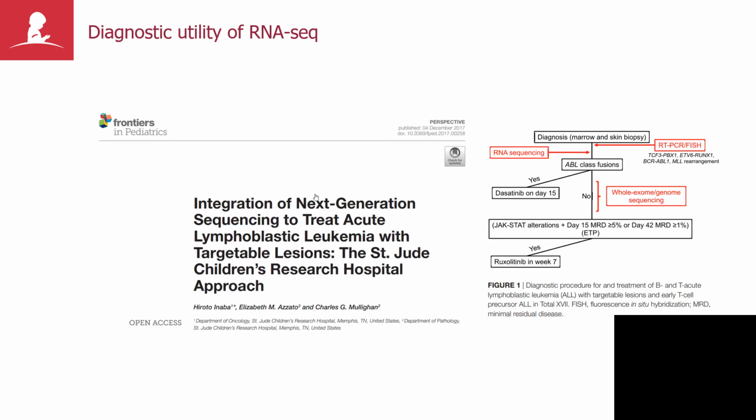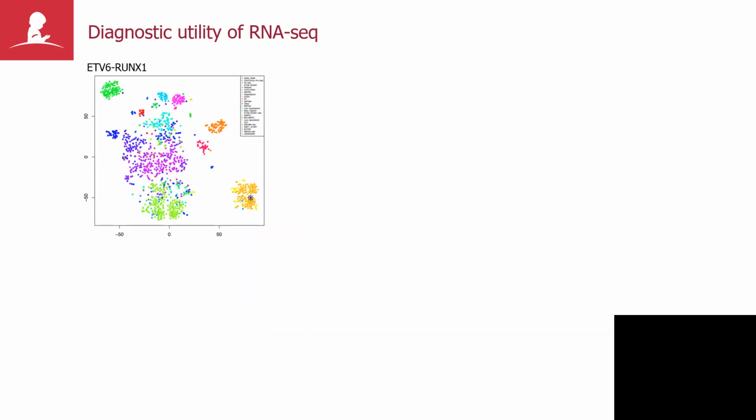I just finish on the point that although genome sequencing is obviously a complex proposition and is not simple either technically or from the analysis viewpoint, transcriptome sequencing is very powerful, and I made this point at the start of the talk. And indeed, while not truly comprehensive in giving us all information about the leukemia genome, transcriptome sequencing provides most of the information we need for risk stratification and tailoring of therapy. Examples of this are shown here. So here is now a clinical grade t-SNE plot where we've taken two cases here and classified them according to their transcriptional landscape.